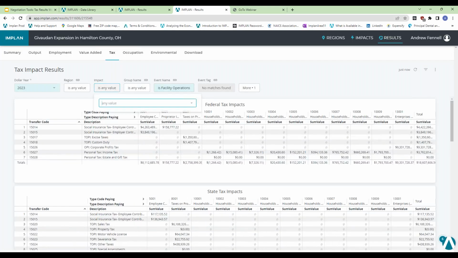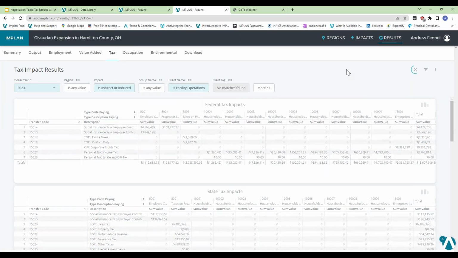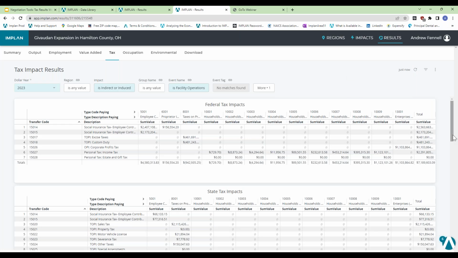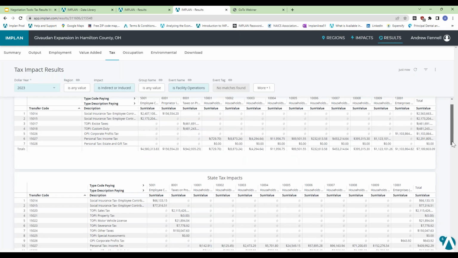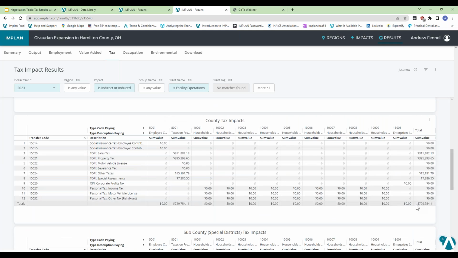And indirect and induced taxes here was what those facility operations will be, the same way we were looking before at our contribution analysis. So the indirect taxes here would be all of those indirectly supported businesses that are paying taxes now to Hamilton County, moving across the area. I can see the induced taxes as well. Same thing of my new employees that are